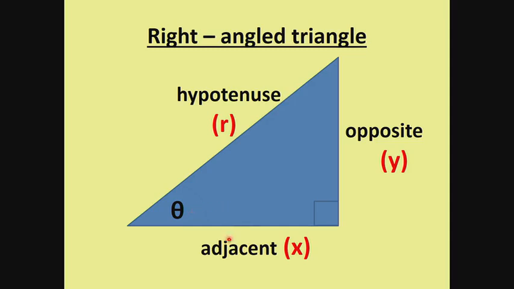You can see here's the angle and the side next to it. That is where the word adjacent comes from. What does adjacent mean? It means the side next to the angle. So we know that side is the hypotenuse, so the other side next to the angle is adjacent. Adjacent we normally refer to as the x side. And then lastly, the side opposite the angle. Can you see how easy it is, guys? We refer to it as the opposite side, and in this case, in terms of y.